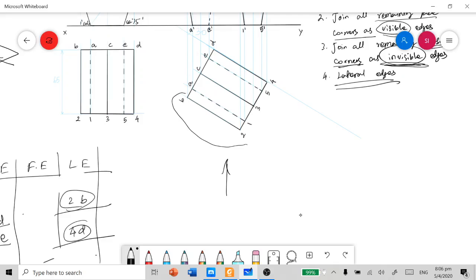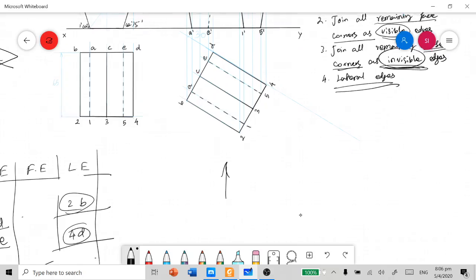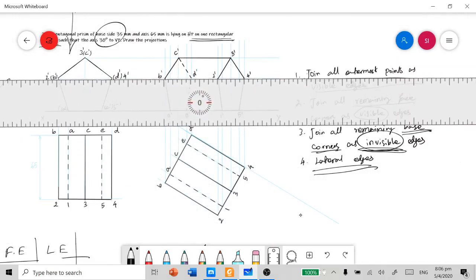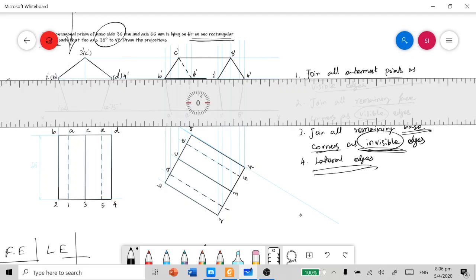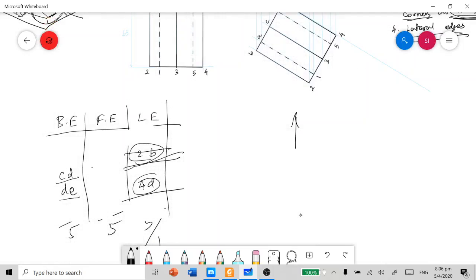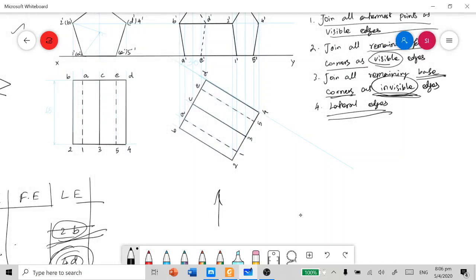The edge 2B is here. It's purely visible to us when you view it from the front, so draw it as a visible edge. We connected 2B as a visible edge, and the edge 4D, when you view it from the front, is an invisible edge because it's out of our vision. It's just behind the solid. So it's an invisible edge. You have to connect the edge 4D as an invisible edge with the dashed line format.